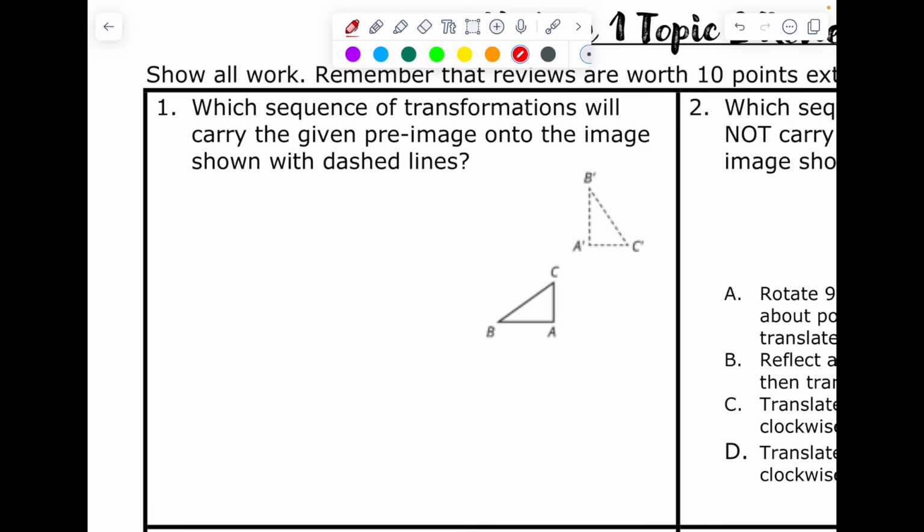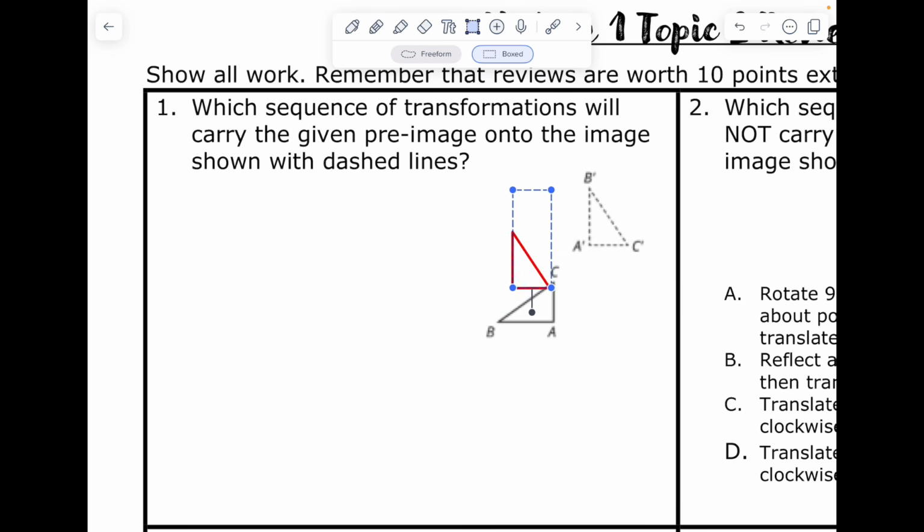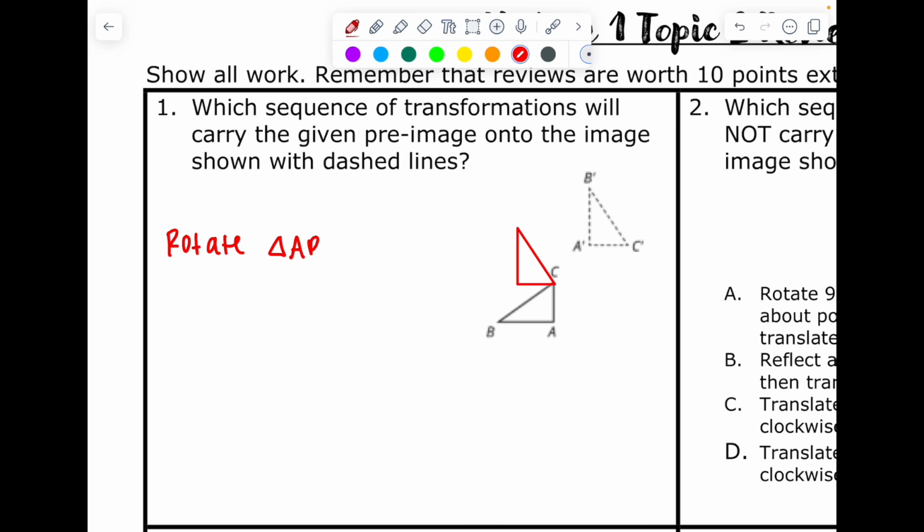Which sequence of transformations will carry the given pre-image onto the image shown with the dotted lines? I'm just going to outline this so y'all can see what I'm trying to say. We could rotate this about point C. So rotate triangle ABC 90 degrees, and that was clockwise, about